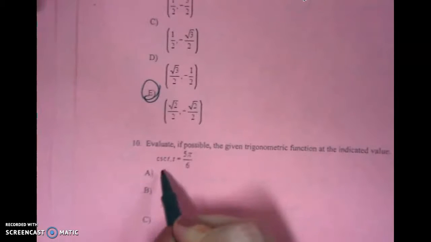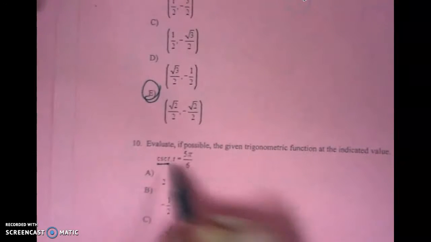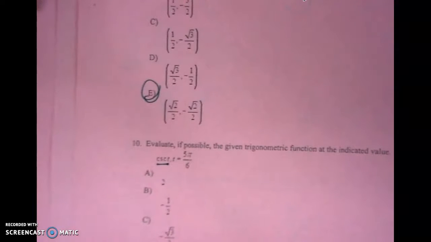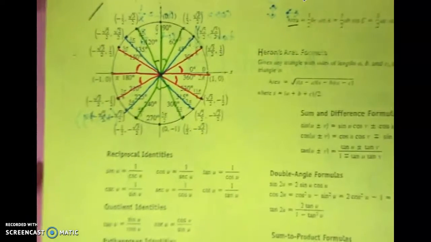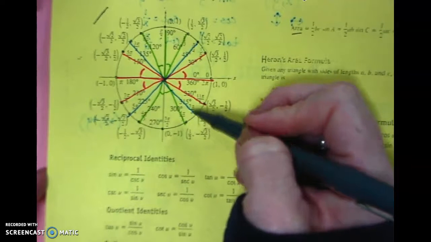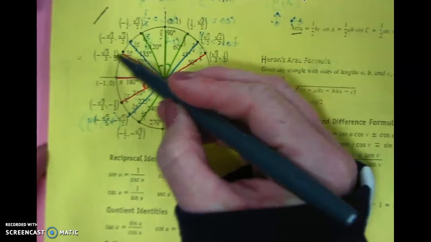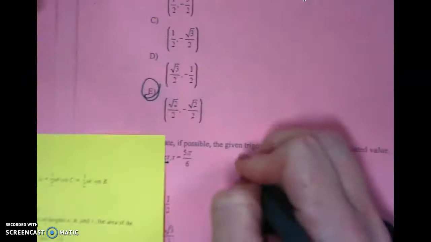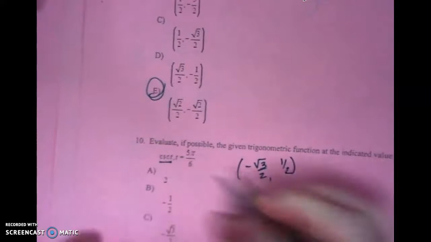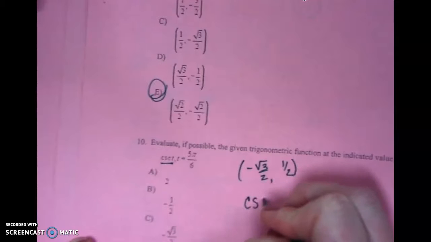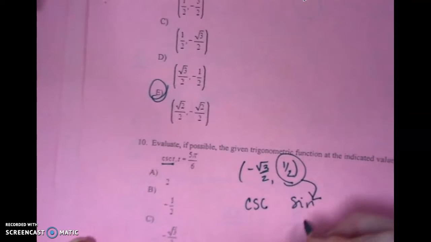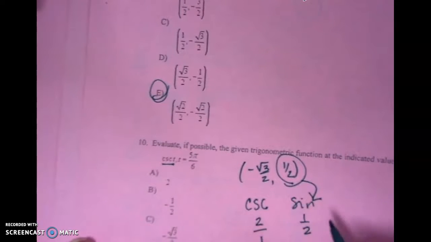Evaluate the 6 trig function. Find the cosecant at 5 pi over 6. Well, first of all, I need to look for 5 pi over 6 on my unit circle, and it is at 150 degrees. Cosine is negative square root 3 over 2, sine is 1/2. Cosecant is the reciprocal of sine. So if sine is 1/2, then cosecant is